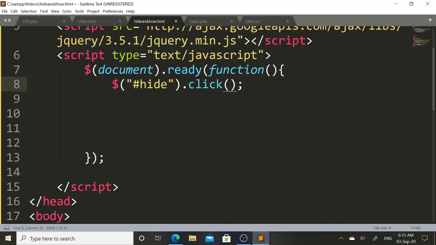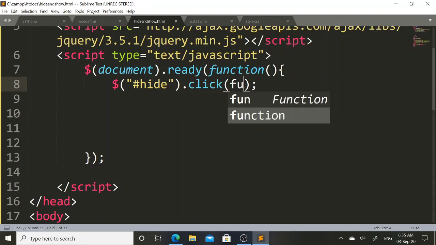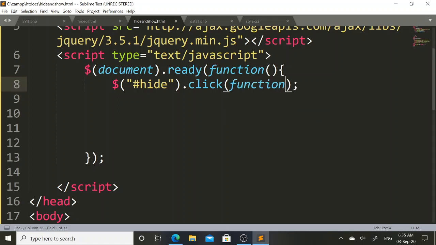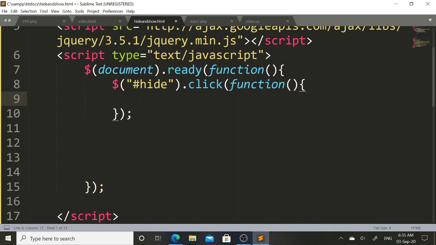Then within this click event I will pass one parameter, function, open parenthesis, close parenthesis, open curly brace, close curly brace. Here again dollar, open parenthesis, close parenthesis, within double quote I will mention form tag.